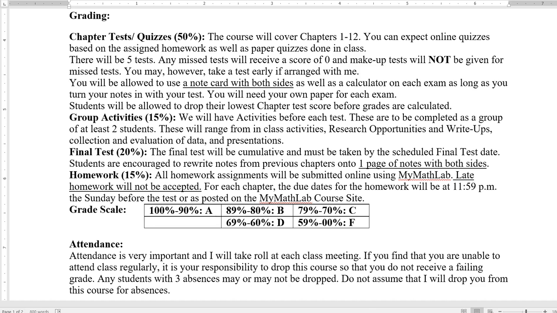Feel free, if something comes up, to arrange to take the test with me. Even if something comes up last minute, email me, but you should be scheduling these ahead of time. Worst case scenario, I do drop your lowest test. So if there's an emergency and it's not a test that you can make up, then